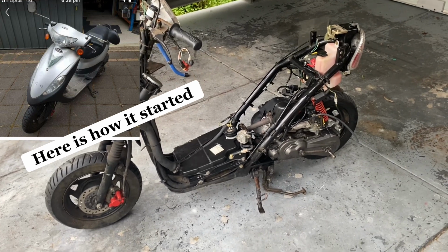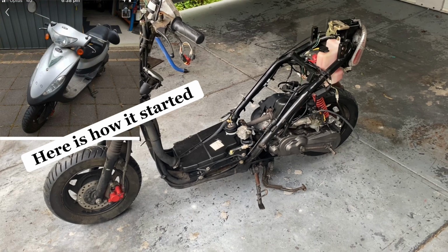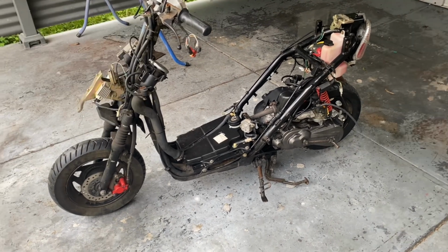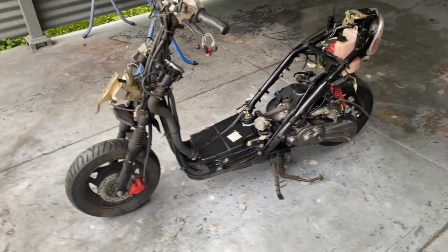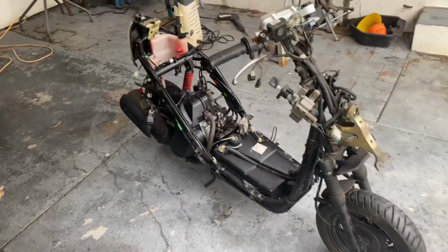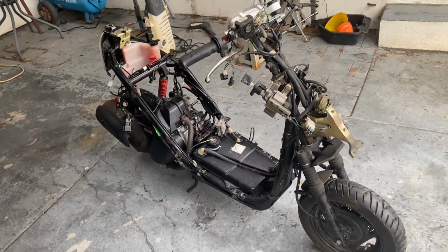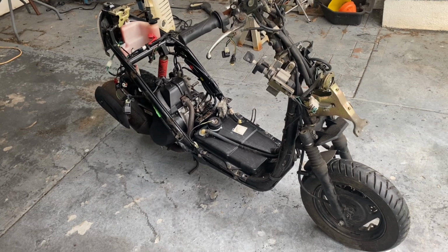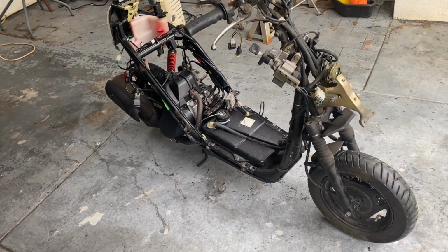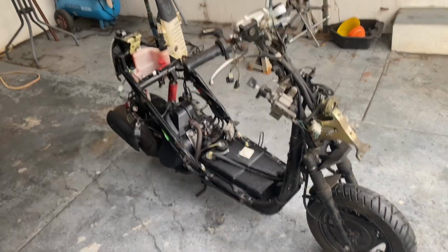I can't remember which model it is, but as you can see, I've stripped it all down over the last sort of week or so, just trying to get it running. I've had the bike for a couple of years, and when I bought it, it was barely running and wouldn't start properly. So my first aim is just to strip it all down, then get it running, and then pretty much make it look nice, and then after that I'll sell it off and clean up a bit more room